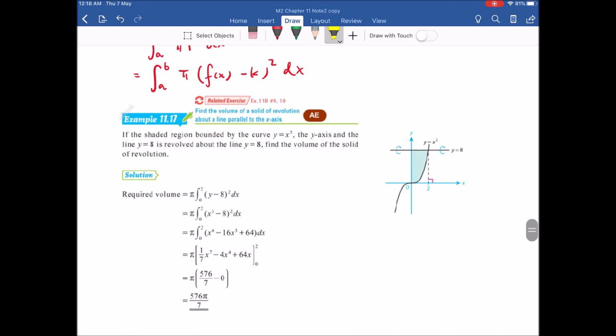Okay, once you understand, then you will not be confused with what you learned previously. Now we look at some examples. This one, make sure that you understand, rotate about this line. Okay,